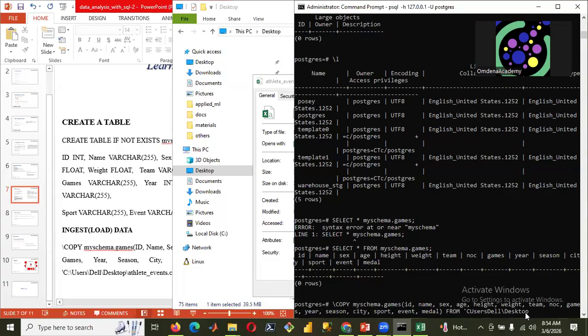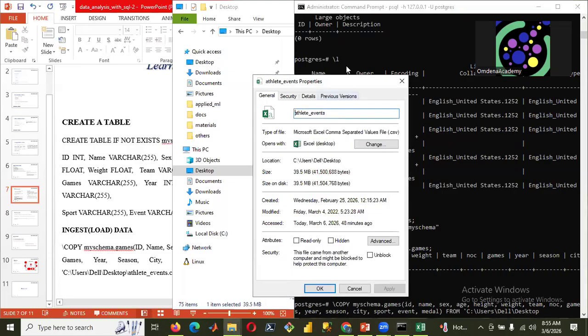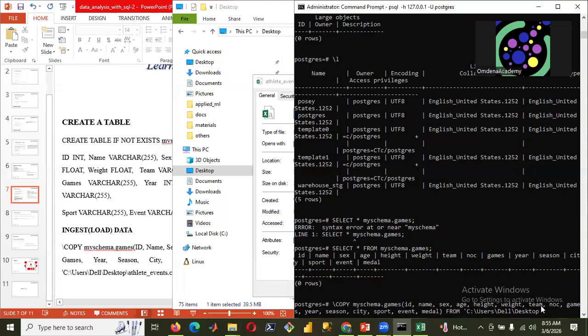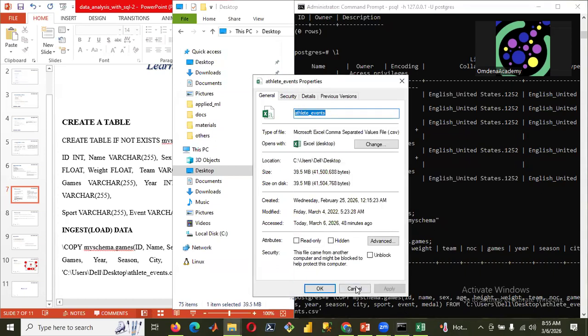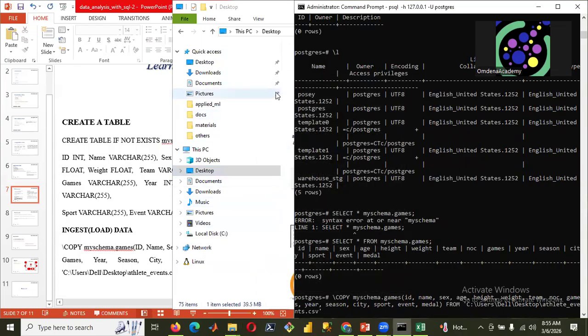Okay, just include backward slash. So the next thing I have to copy is this. This one will also have to be brought here, backward slash. So we have atlas events dot CSV, and then we'll put that. Then the next thing we'll do is, based on our command,